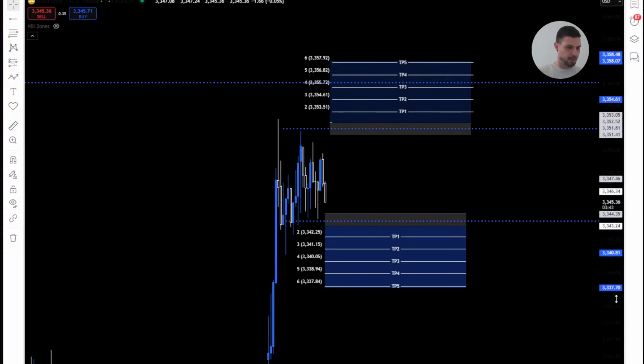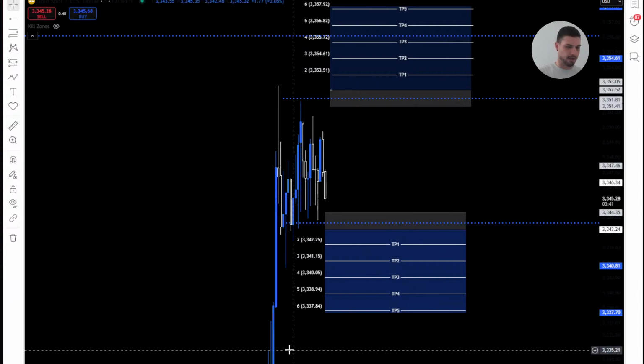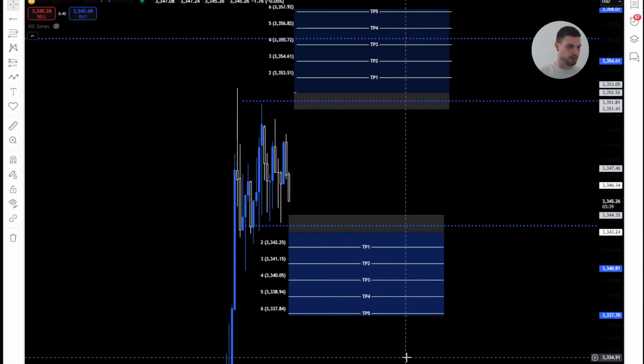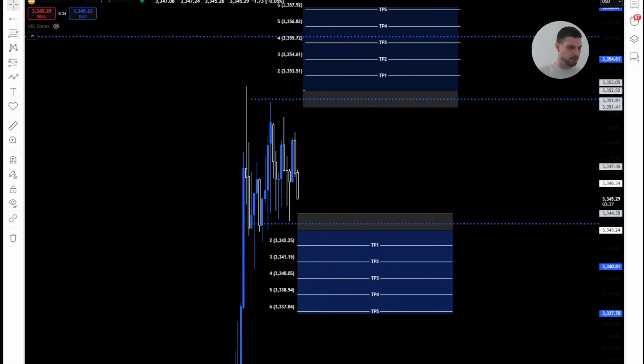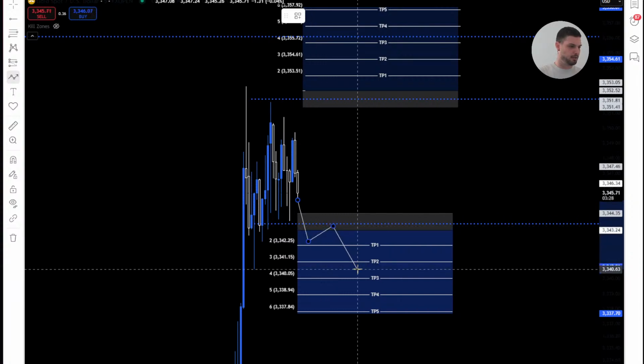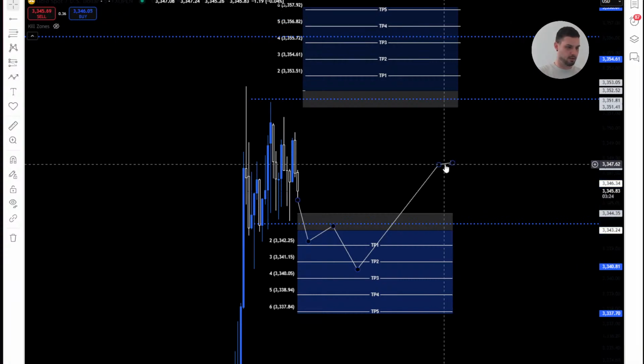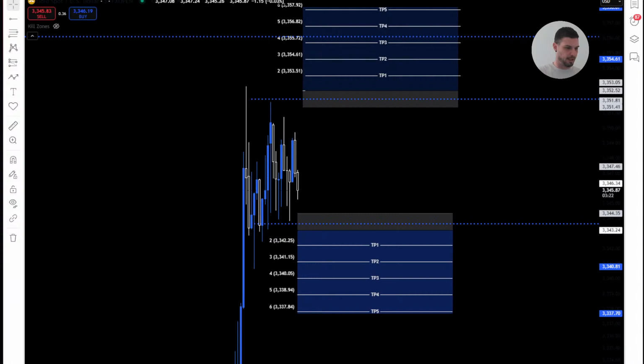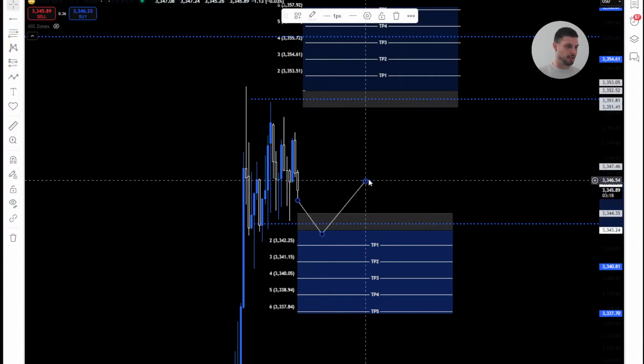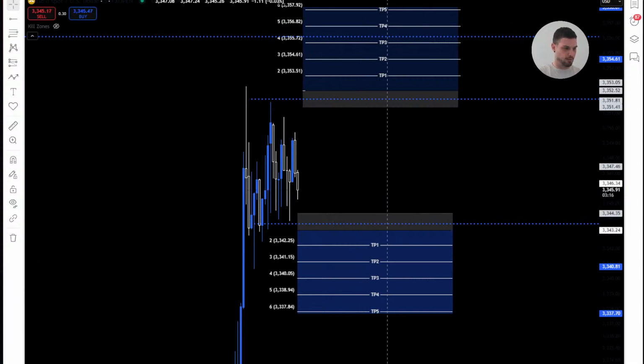And then same here. Now there's a little bit messy this zone here. So if we do get a breakthrough, a resistance level, we could get a potential reaction off this level here, and then we could get a reversal off that level there. If not, if we don't get faked out, if we don't just come in, enter our trade and get completely faked out straight away, then we could potentially look at, if we break past this level here,